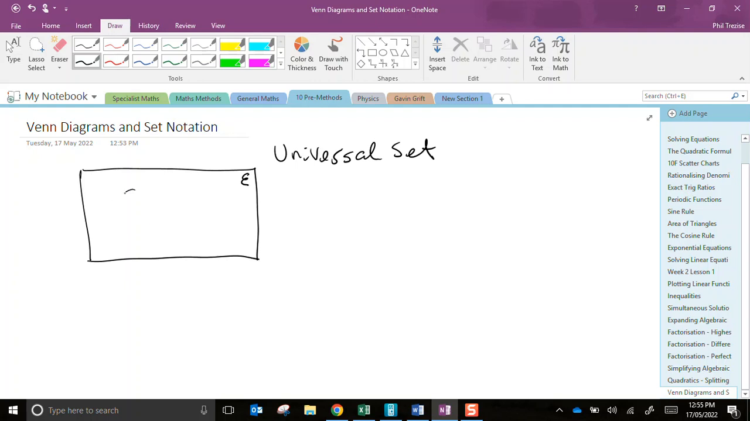Now, inside the universal set, there could be subsets of different objects. So we might have set A and set B, which are things with different characteristics. The way I've drawn these here, we can highlight something interesting about them. So the little part here where they overlap, this would be objects that belong to both set A and set B. So you might see it written as A and B. It's also referred to as the intersection